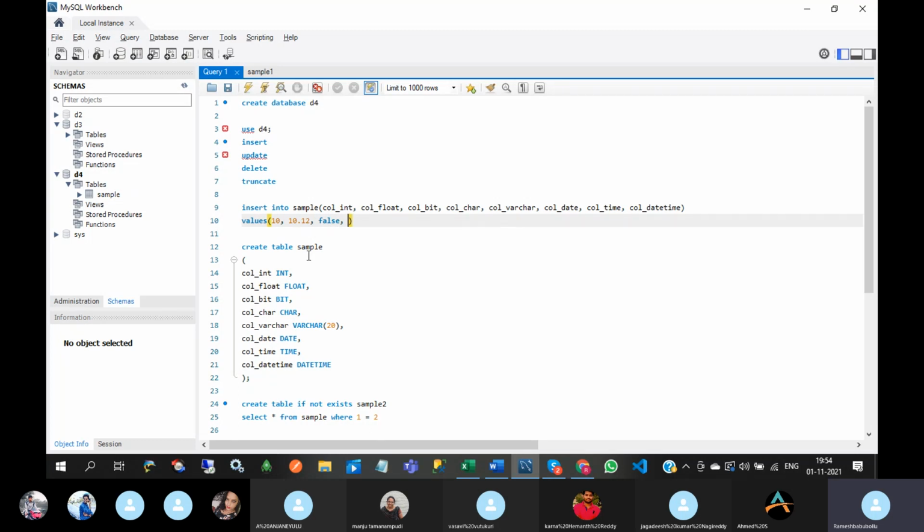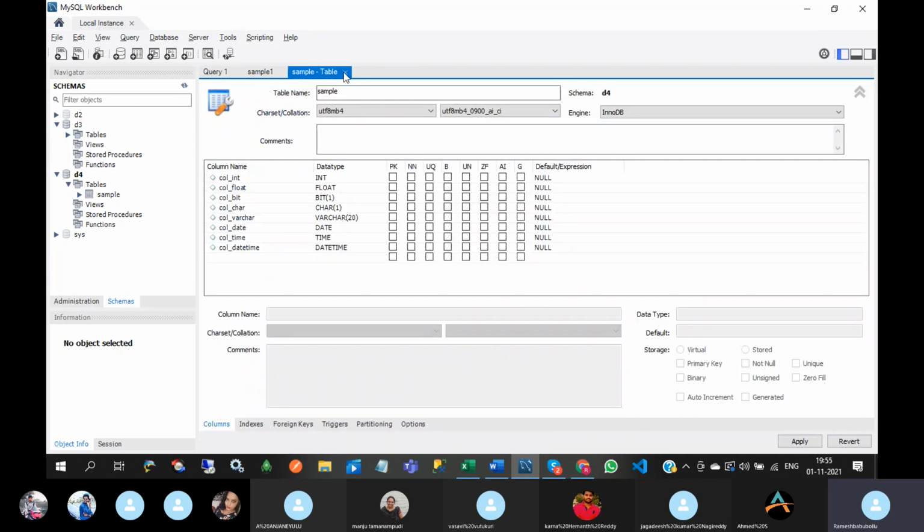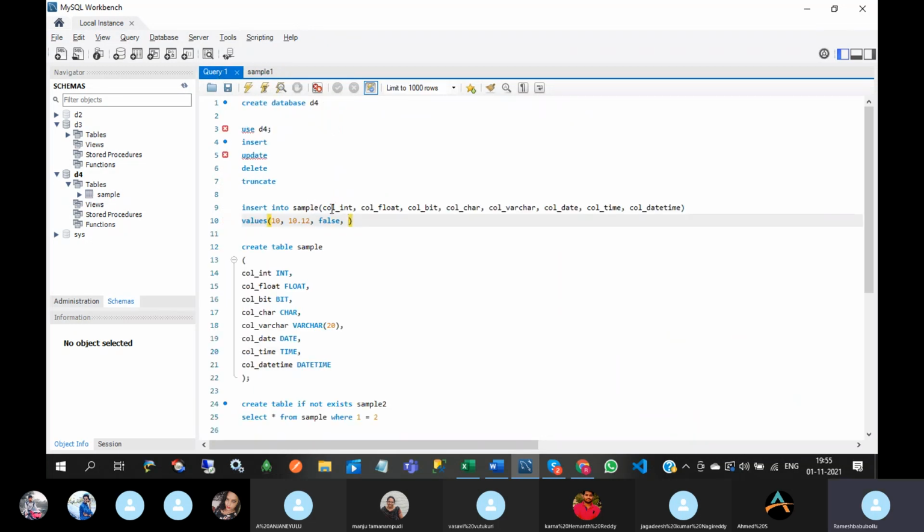So char. Char of 1 means I need to give only 1 byte, but I have given AB, which is 2 bytes.